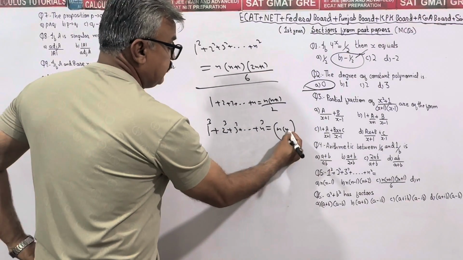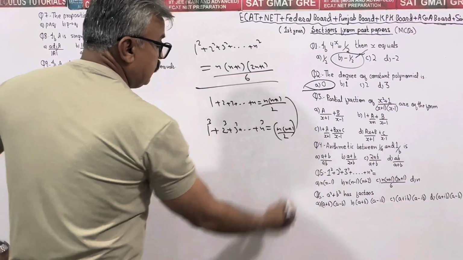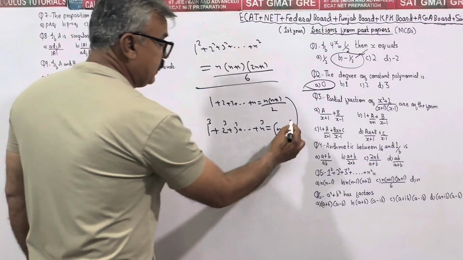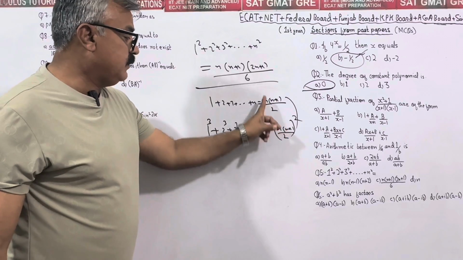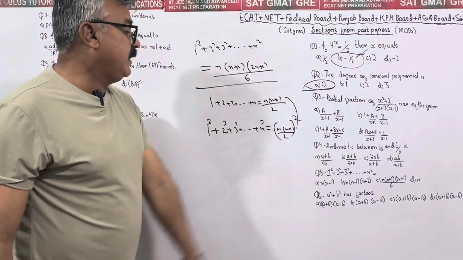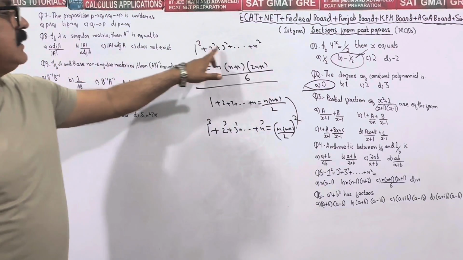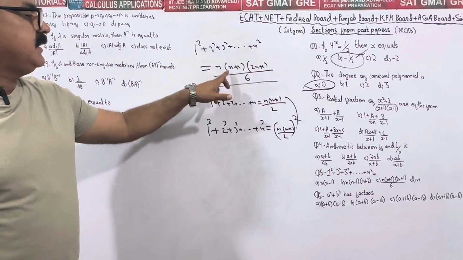It is given by n times n plus 1 over 2. They are both identical up till here. Just square the cube. Square this one. Square this, n times n plus 1 over 2. They are almost identical except square. That is the sum of squares of first n natural numbers, n times n plus 1 times 2n plus 1